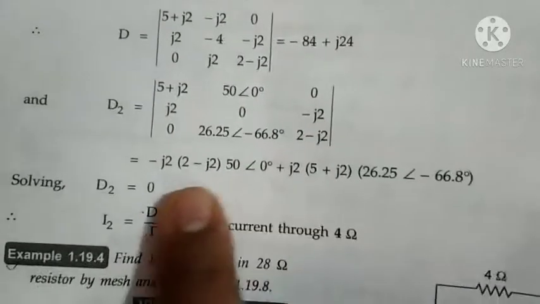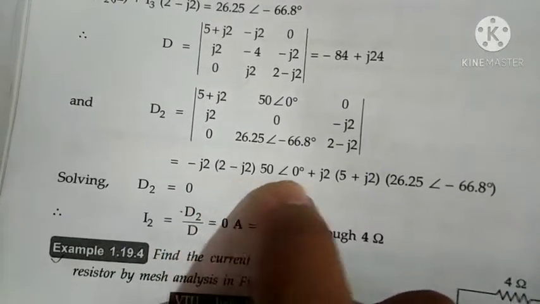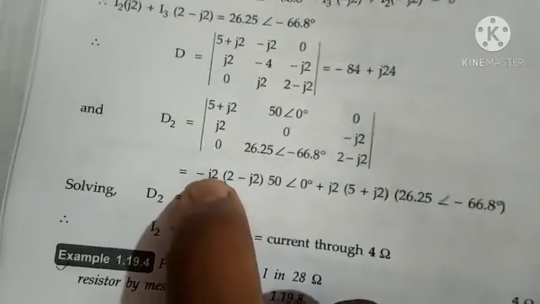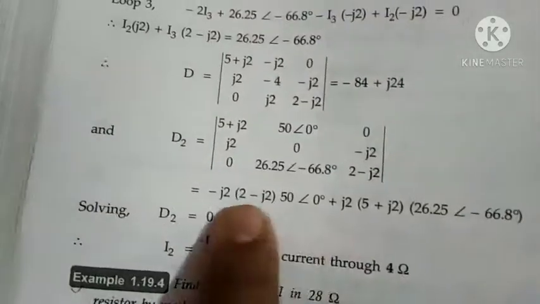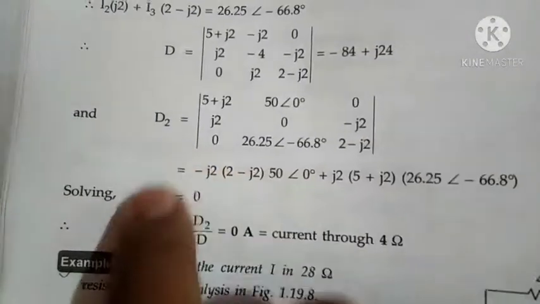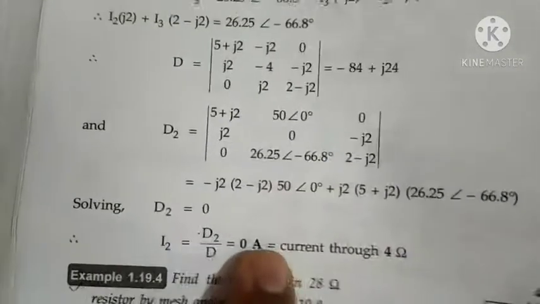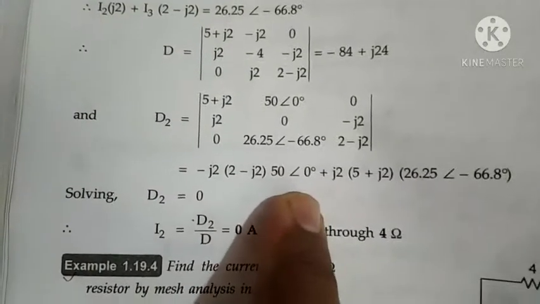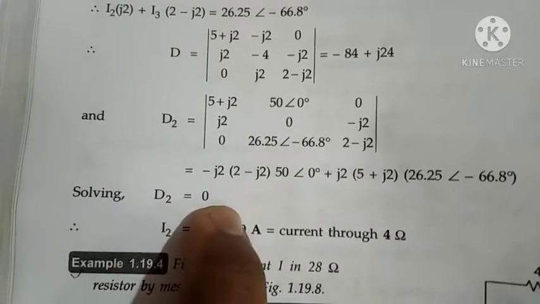In that complex mode, you can directly multiply the rectangular form values. The condition is that instead of j2 you have to write 2j. As it is, you can put it in the equation, and afterwards you will get the value of D2. Or you can simplify manually. It will hardly take 1 or 2 minutes. After simplifying, we got that the D2 value is equal to 0.